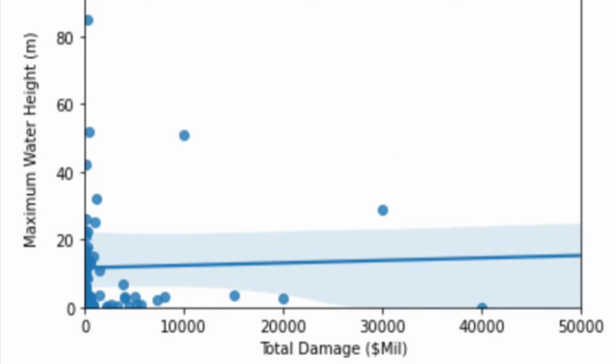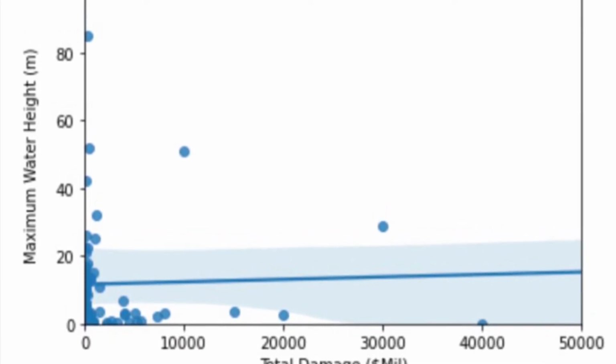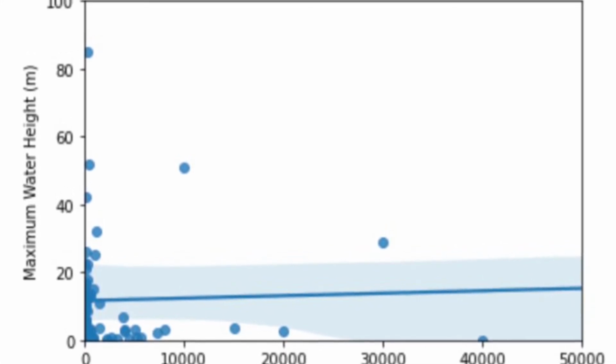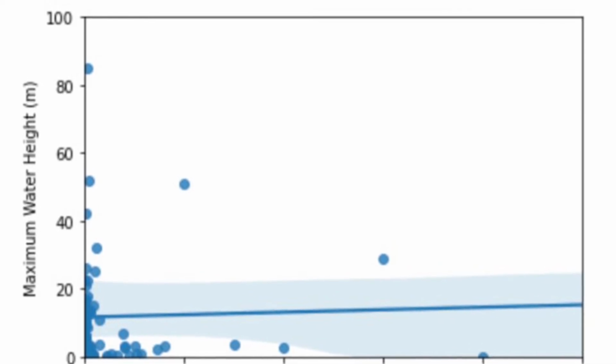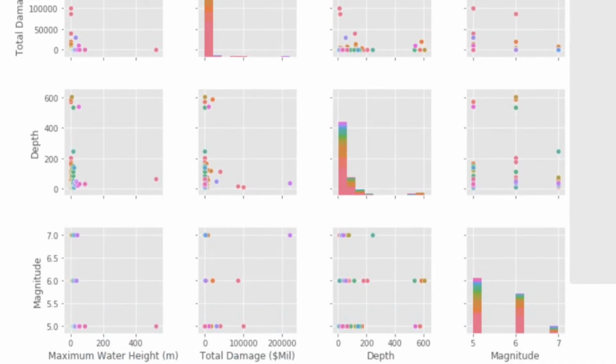similar magnitudes. We also wanted to see if there was a correlation between max water height and total damages in millions of US dollars. As you can see, there are only few data points outside of the 20-meter water height and 10 billion. While this makes sense, you can see there's a slight positive correlation between the two, which we expected. To begin model selection, we first had to standardize the data that we would be using in our models.